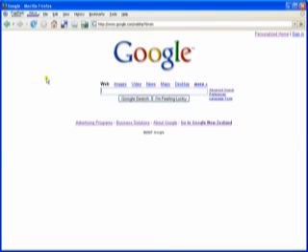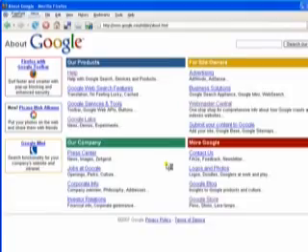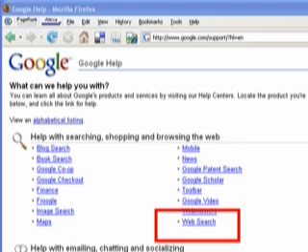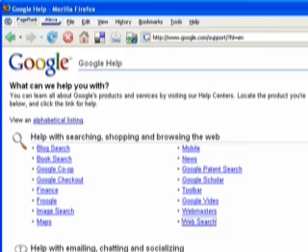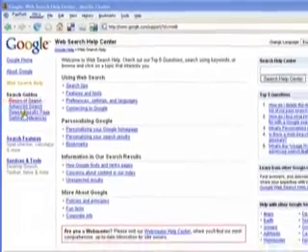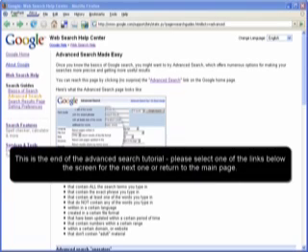If we return to Google's home page, select About Google, Help, Web Search, and Advanced Search. This brings you to Google's help page on the advanced search features. In the next tutorial, we will take a look at Google's web search features, the results page,